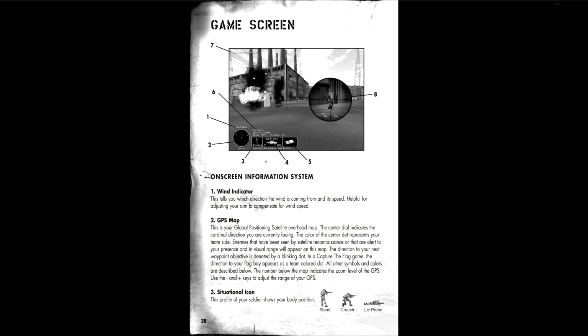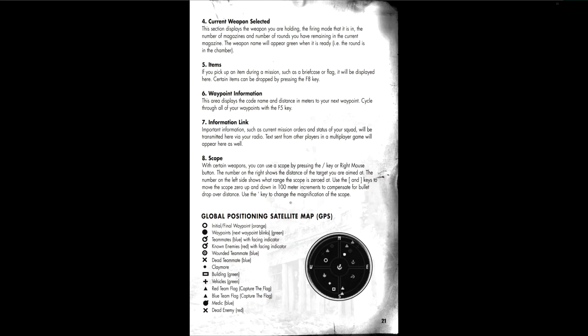And then this is just giving us an overview of the game screen, which just by looking at it, looks like nothing has really changed from the last game. And then I think, oh, okay, so now your claymores, it looks like, are marked on a map. Then some of this is multiplayer stuff, but...